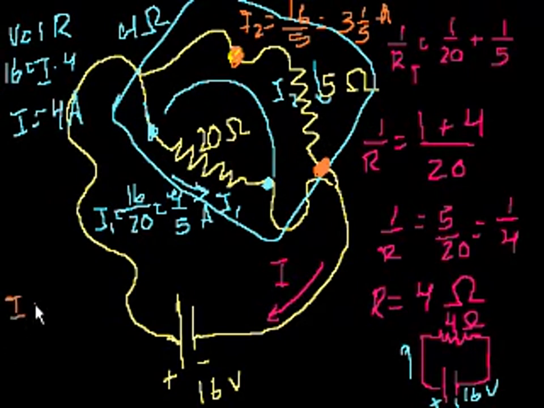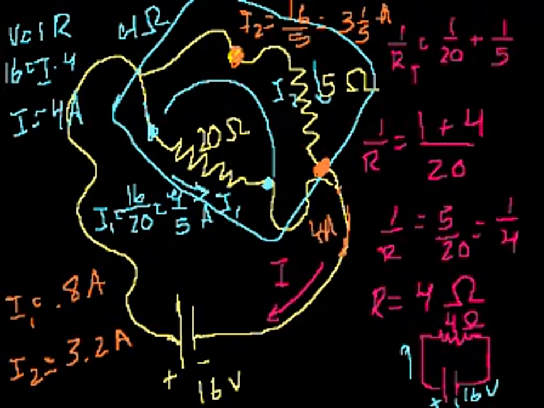So I1 through the 20 ohm resistor is, we can say, 0.8 amps. And I2 through the 5 ohm resistor is equal to 3.2 amps. And it makes sense that when you add these two currents together, the 3.2 amperes flowing through here and the 0.8 amperes flowing through here, when they merge, you have 4 amperes flowing through there. Anyway, hopefully I have given you some intuition on what happens when we put resistors in parallel. I will see